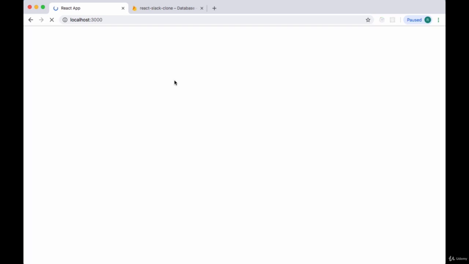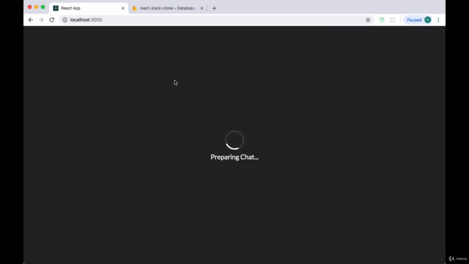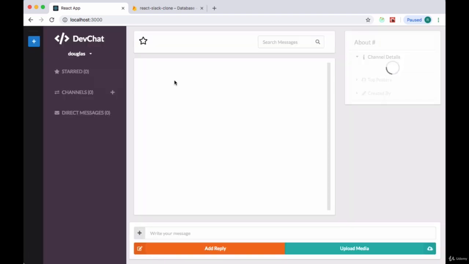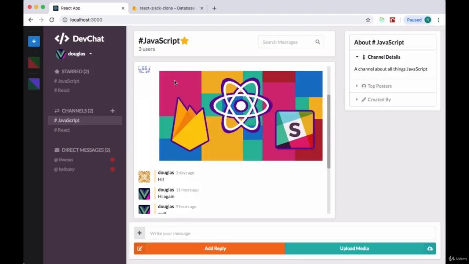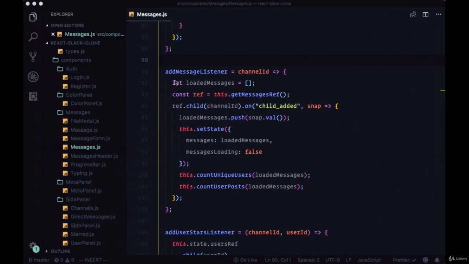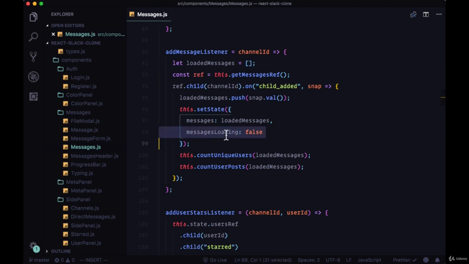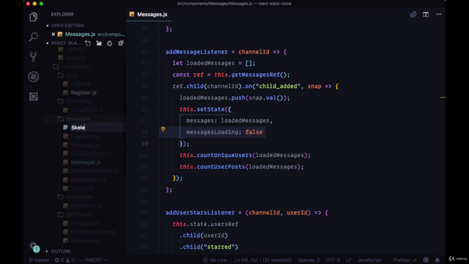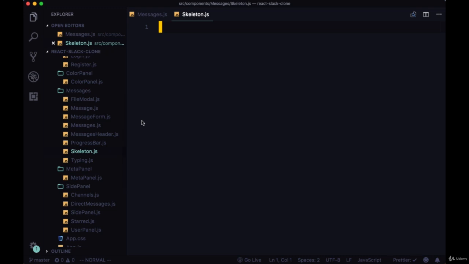Whenever our chat loads or whenever we reload the page, we see within our messages area a blank area until our messages are loaded. So this isn't a very good user experience. We want to tell our user that our messages are in the process of being loaded, and we can do that with this messages loading property that we're setting in state in our messages component. So as our messages are being loaded, we'll show this skeleton component that we'll create,